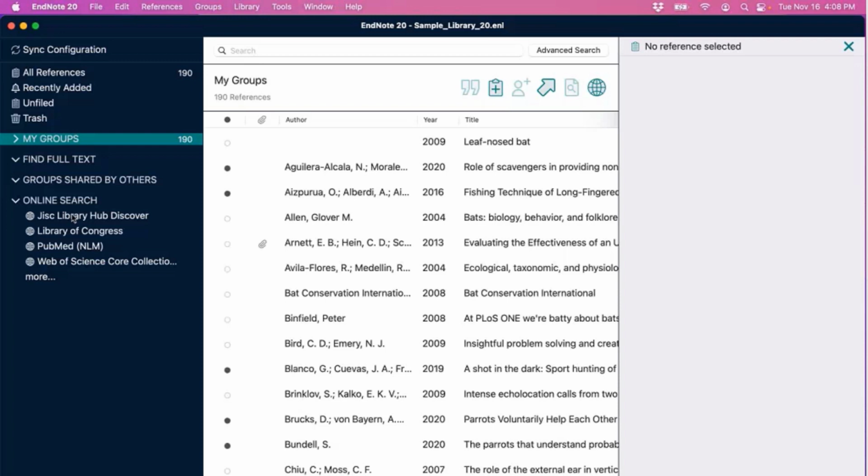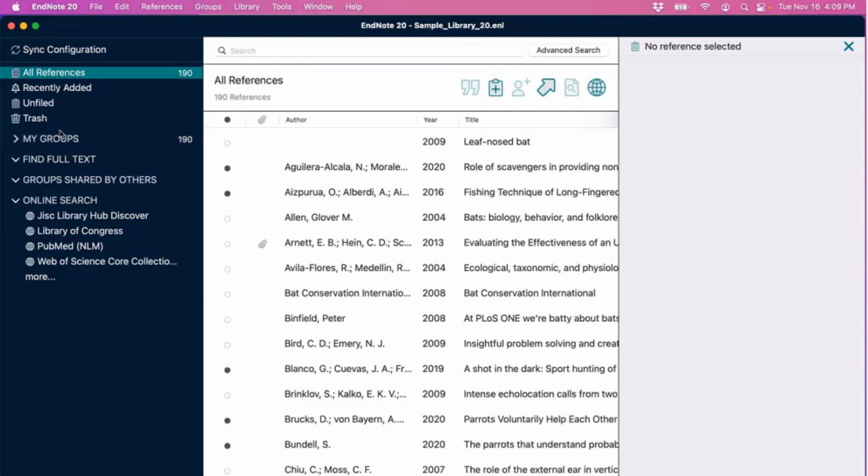Before we do that, the final panel that I just want to touch on before we create a reference by hand is the search panel that we see at the top of the library window. In EndNote X9 and earlier, there was a concept called Quick Search. It was a global search of any field in any one of your displayed references. That concept still exists in EndNote 20. It's just now known as Simple Search, and it's been integrated in the same panel as what we call Advanced Search. So right now, this single search field is a representation of Simple Search.